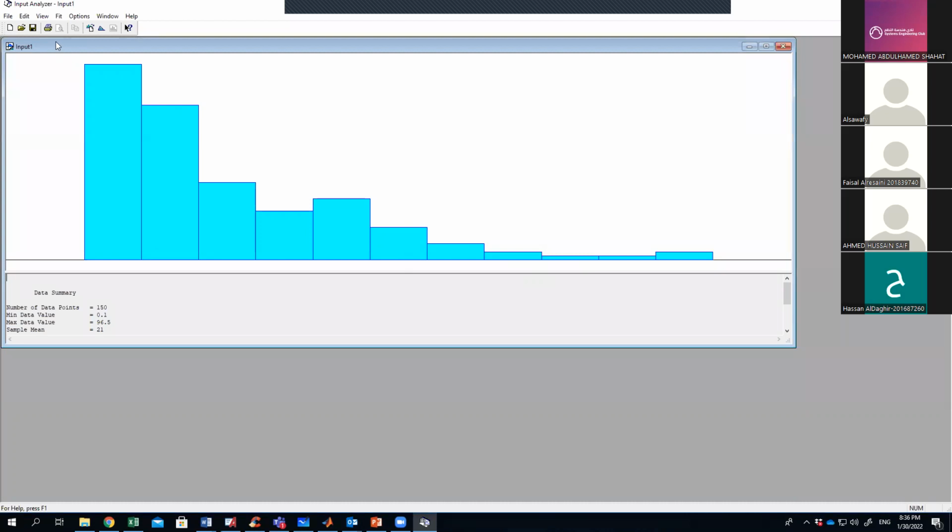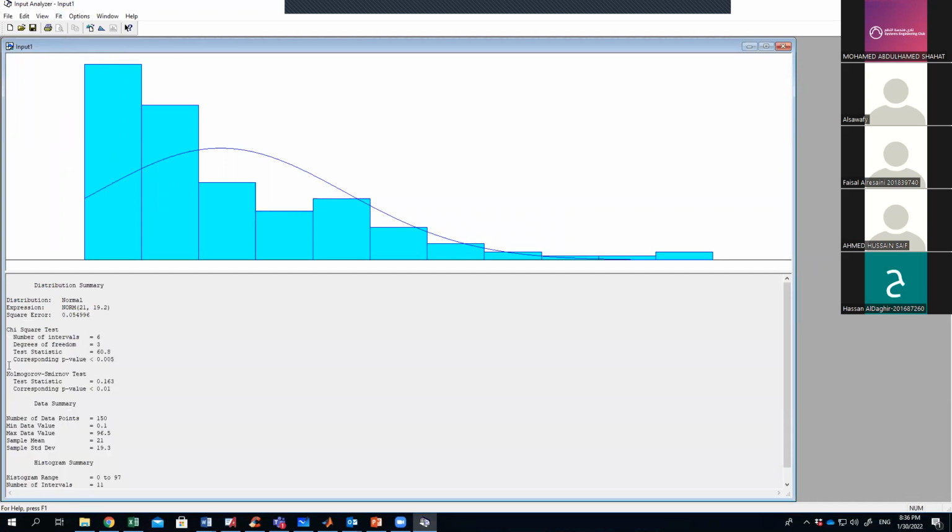But how to make sure? You can test this data against, let's say, the normal distribution, or against the uniform distribution. Let's try it against the normal distribution. It shows you the corresponding p-value is very low. What does it mean? We reject or fail to reject? We reject the null hypothesis that this data is following normal. So we are looking at the p-value. So try with